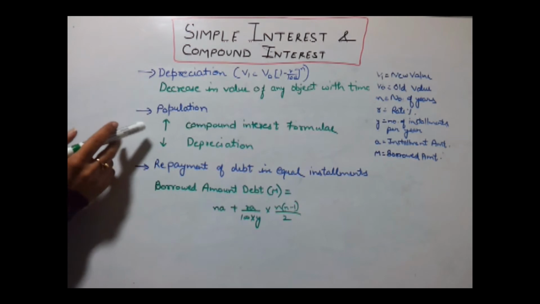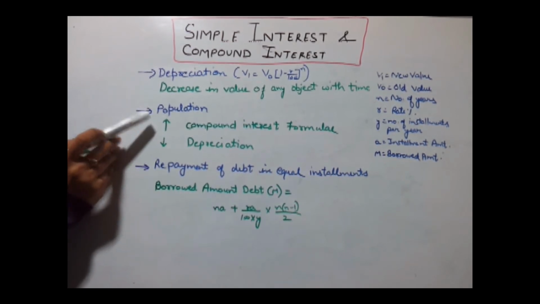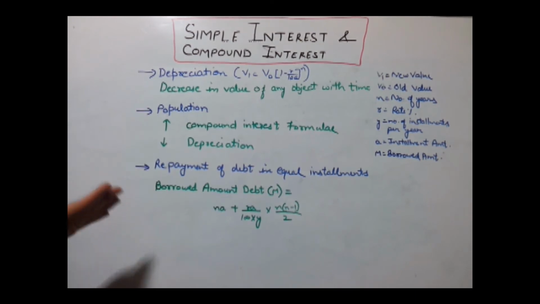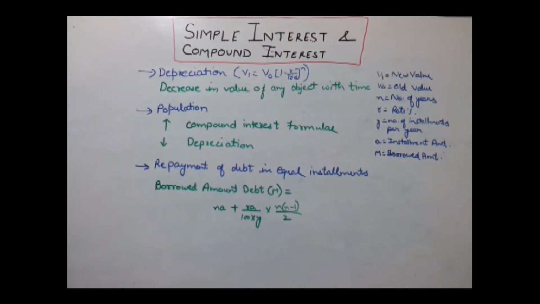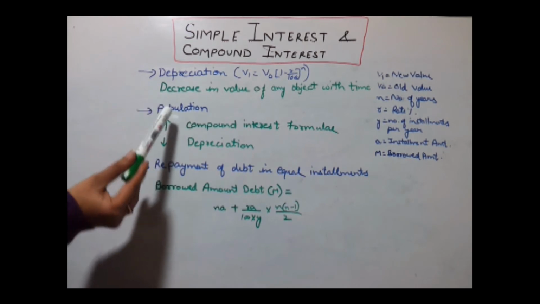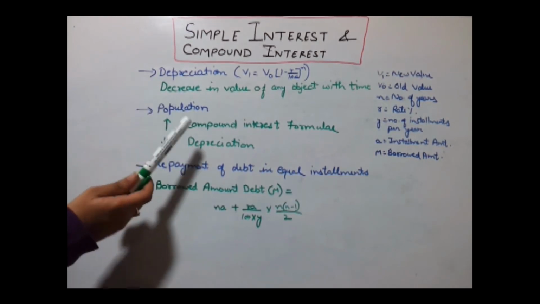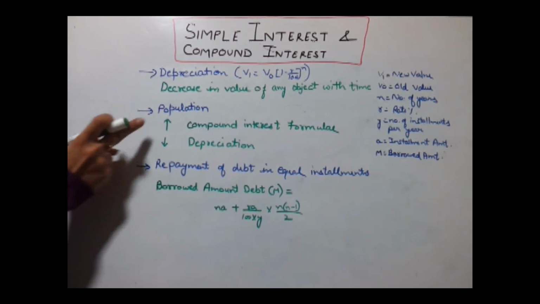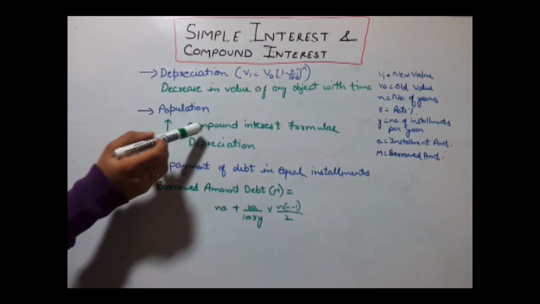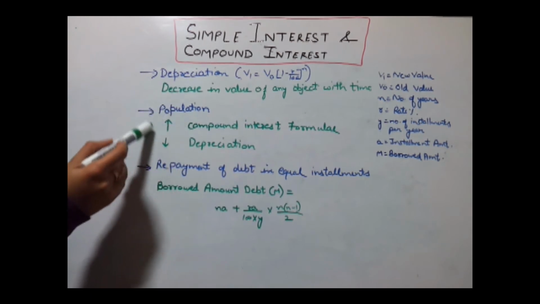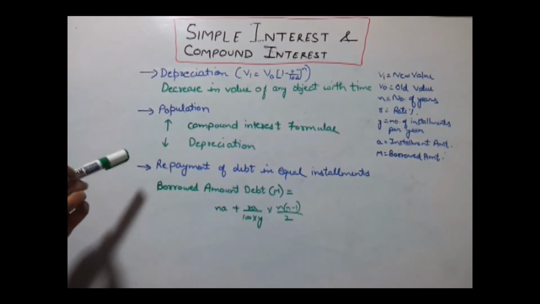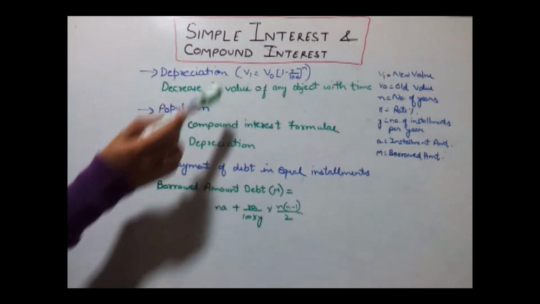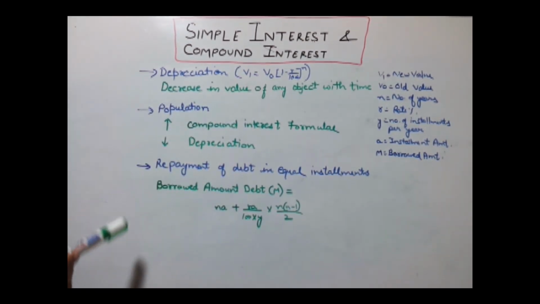Now we also come across questions related to population. The formulas used to calculate the population are similar to the compound interest problem. The only difference is that when we solve problems related to compound interest, it only increases. So when a population increases, we use the compound interest formula to calculate the effect on the population. And when the population is decreasing, then we use this depreciation formula in these problems.